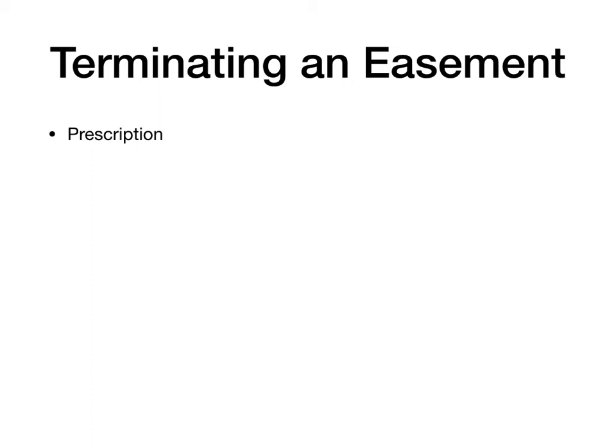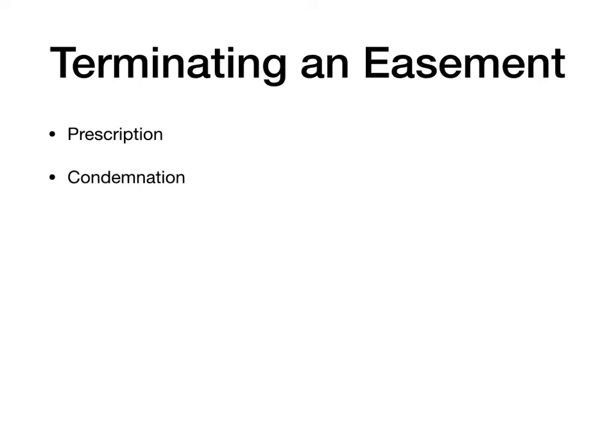So, other methods of termination. One is condemnation. Condemnation is when the government actor goes through a proceeding to take private land for public use. Now, when a condemnation suit is filed by the government to take the land,